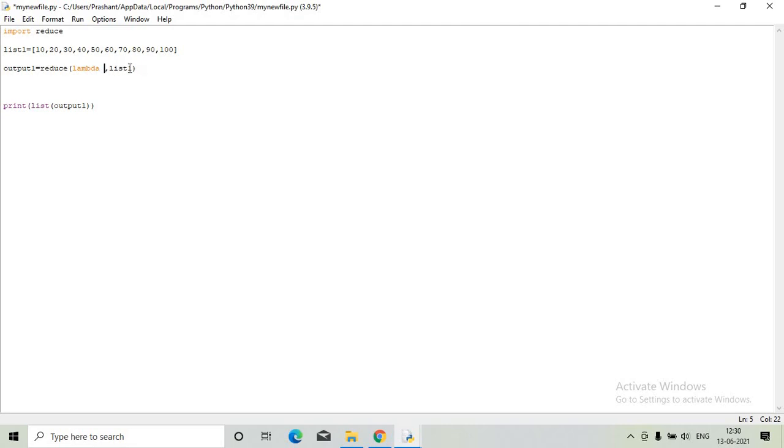Here we will see lambda x, y. It will find the sum of the two numbers, x plus y. Here the two adjacent values are added: 20 plus 10 is 30, and 30 plus 30 is 60. Like this it will give you the end result. This is not going to be a list now because it is being reduced, and this is going to be the output 1.